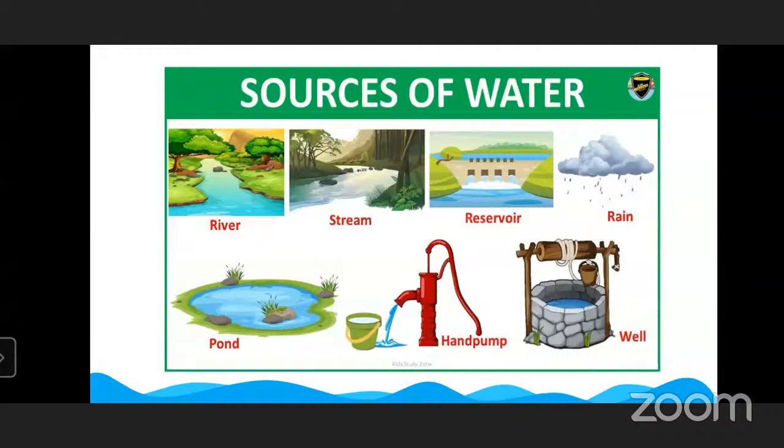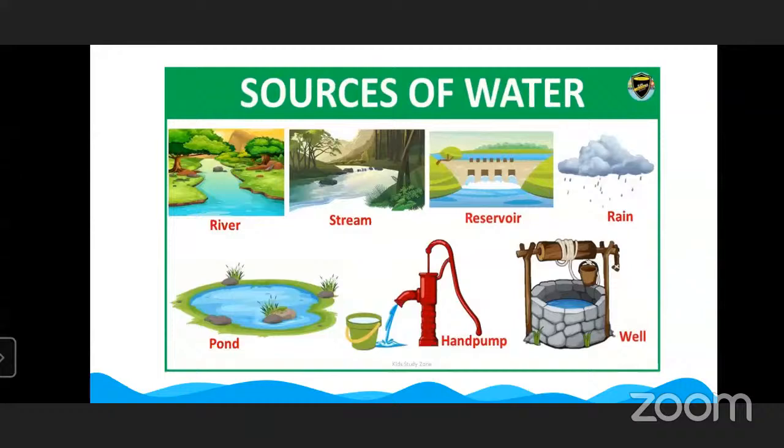These are the sources of water. What are these sources of water? Sources of water means from where we get water. There are many ways from which we get water.